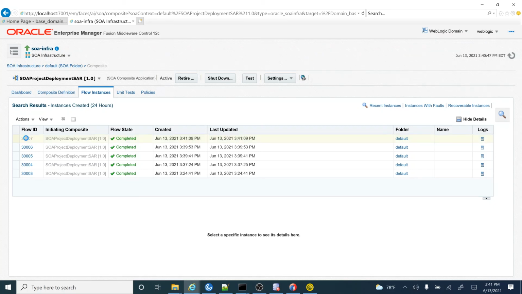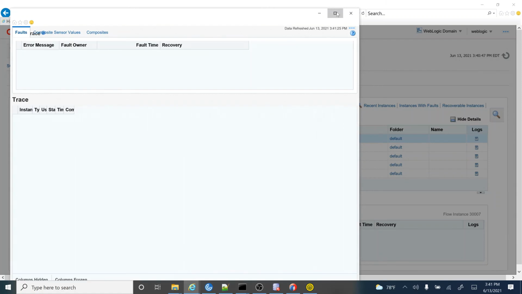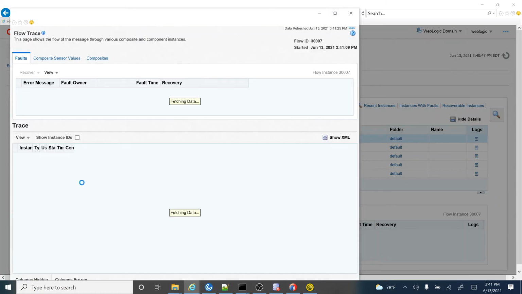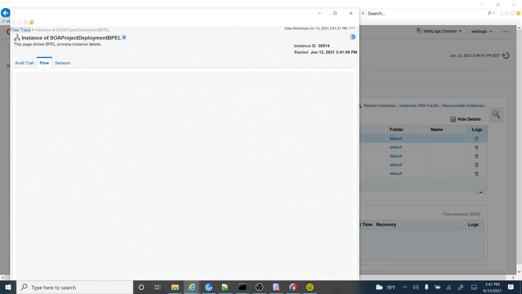If you click on this flow instance, you can debug your project, whether it is success or failed, and you can check the flow. If something fails, you'll come to know here that this is working or this is not working. Based on that, you can go back, change the code, deploy the code, and retest from the SOAP UI or from the WebLogic console.